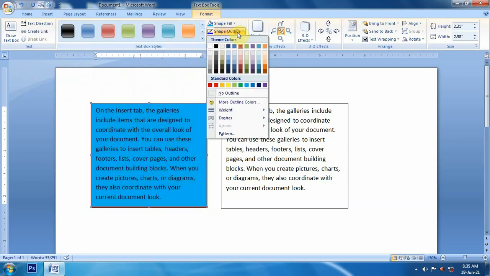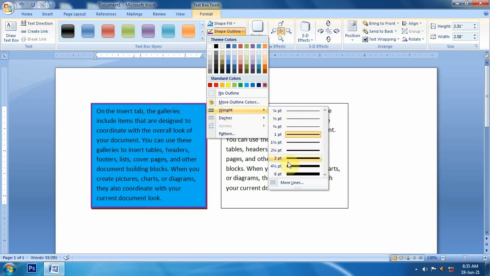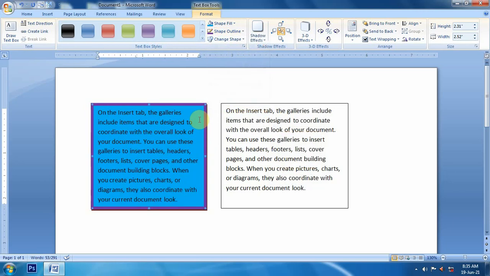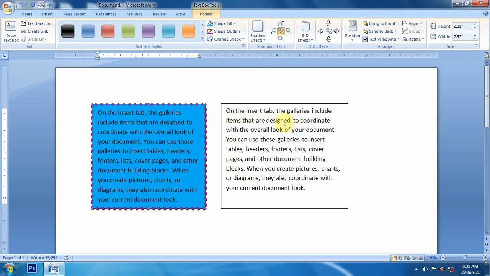If we want to change outline color, outline we can change from here like this. This outline color will change. If we want to change its thickness, outline thickness will be changed like this. If we want to change outline style, it will be changed like this.